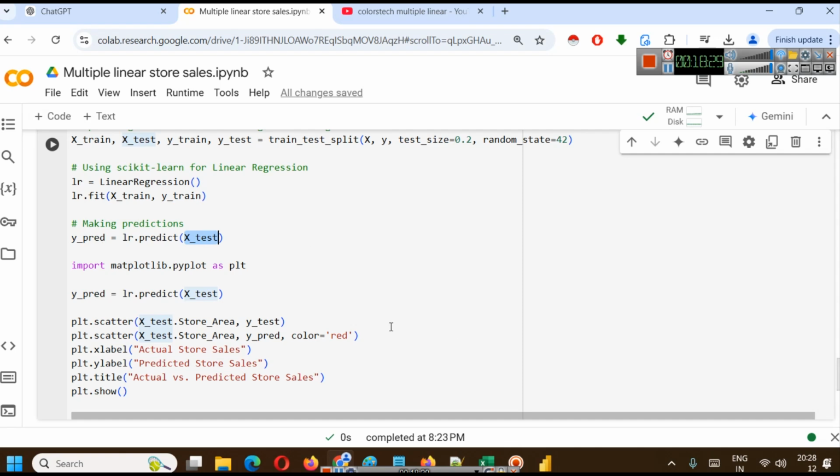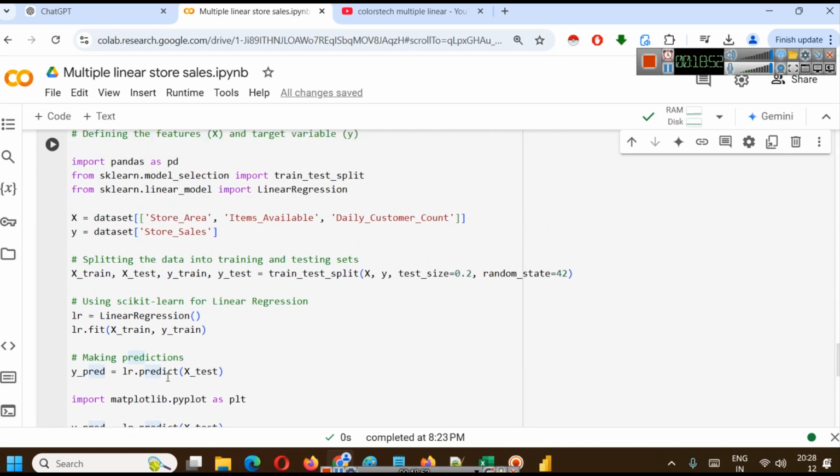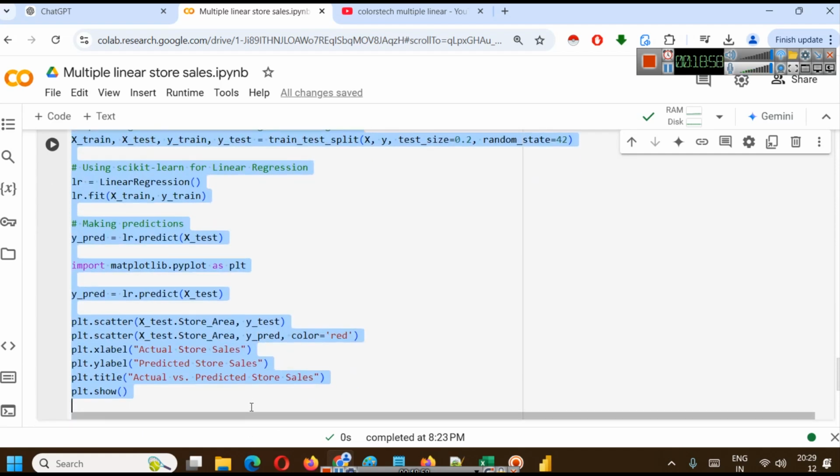Then we will simply plot two graphs. plt.scatter between the testing data store area and Y test, and between the testing data store area and Y predicted. In one of them we are going to use color red, and in the other we are going to use the default color, that is blue. So we will copy this entire thing from this part,